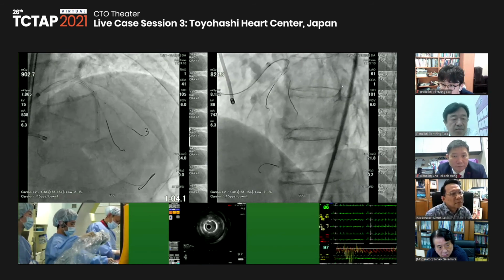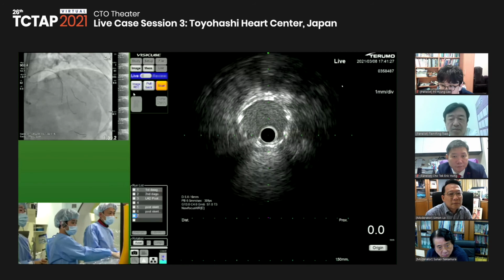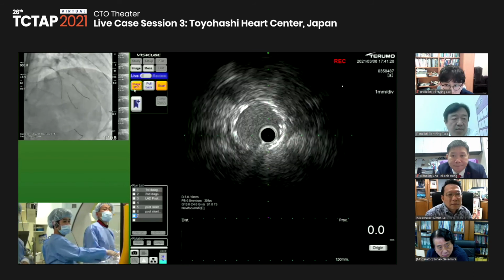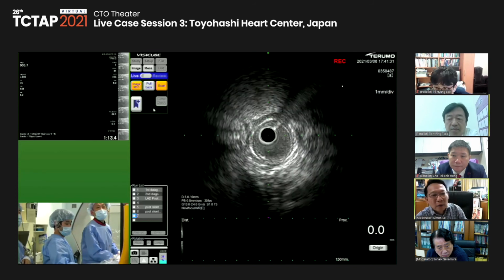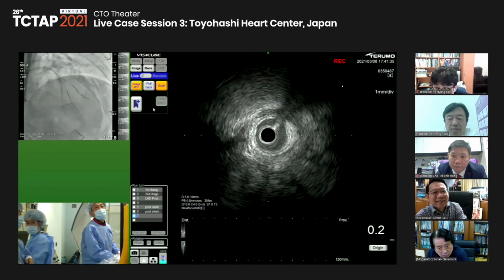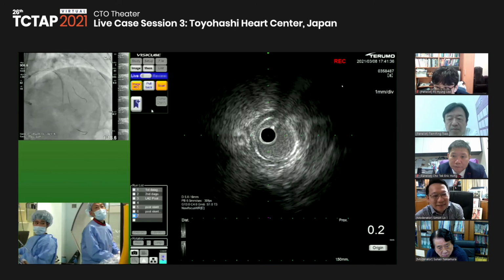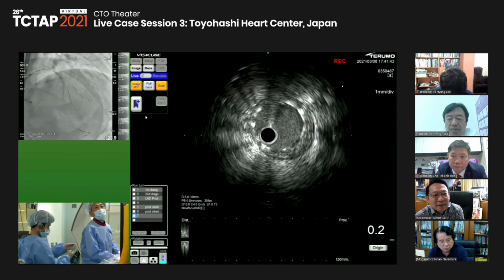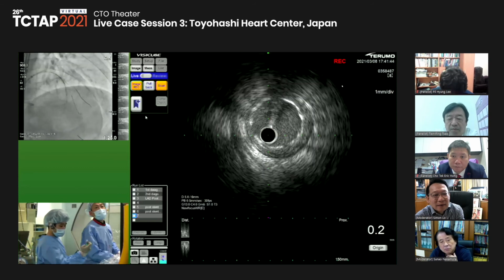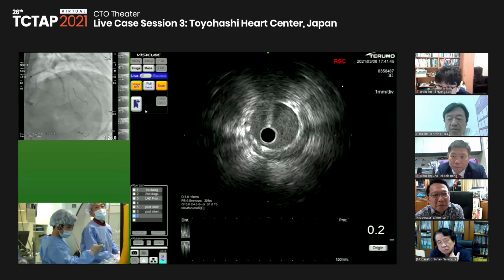Very nice. Maybe this base is still shrinking, but the edge of the stent is okay. So we already dilated with the 3.0 at high pressure. But this is the second diagonal.